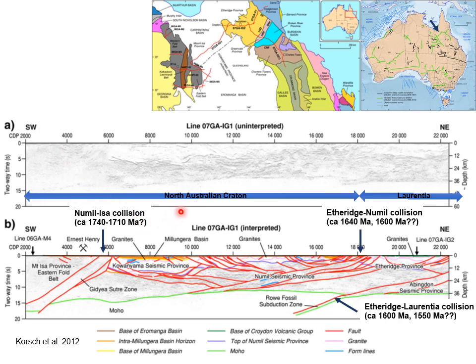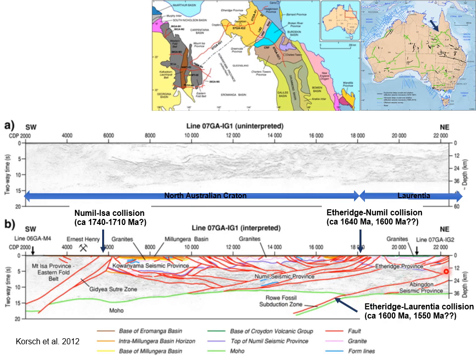Here's another seismic reflection profile. This one extends from northeast Queensland right across into the Mount Isa Inlier in northwest Queensland. The data is really impressive. It actually shows combinations of major suture zones which separate different geological provinces. There's one called the Gidja suture zone here, which likely records a collisional event between this crustal element here and the Mount Isa terrane somewhere between 1740 and 1710 million years.